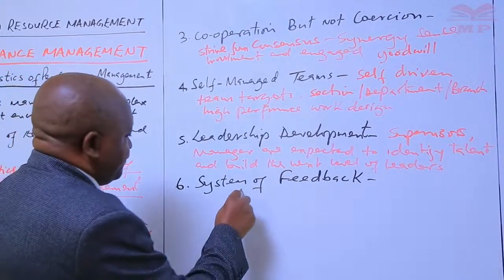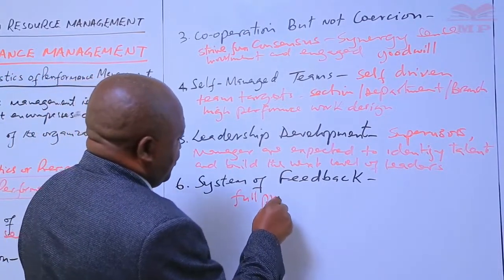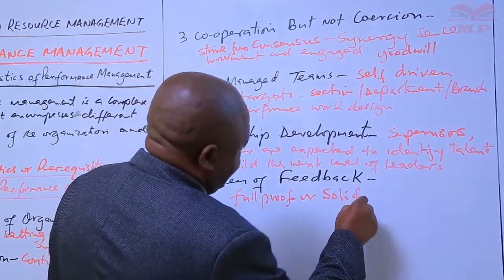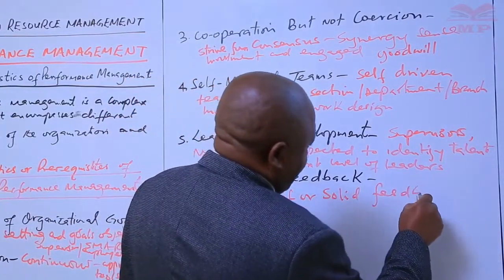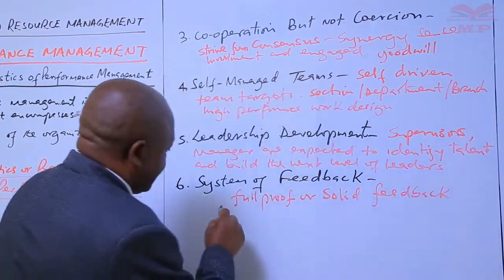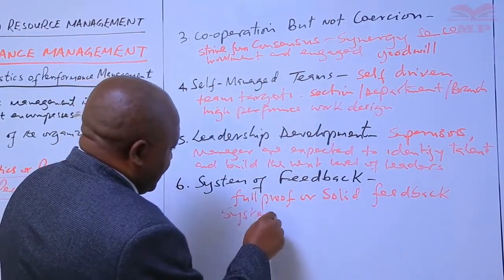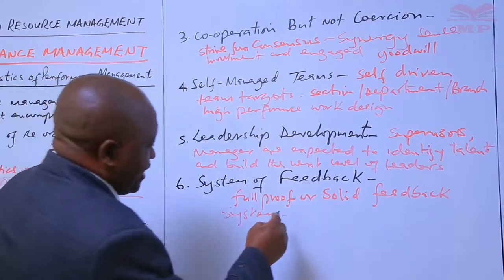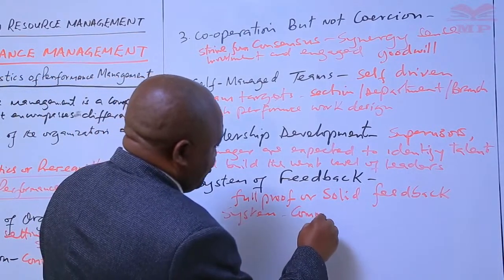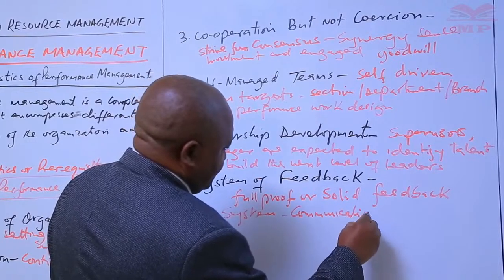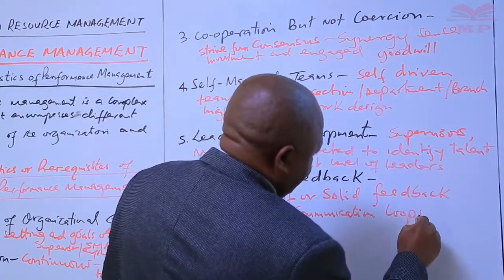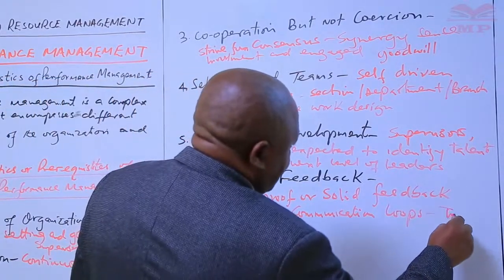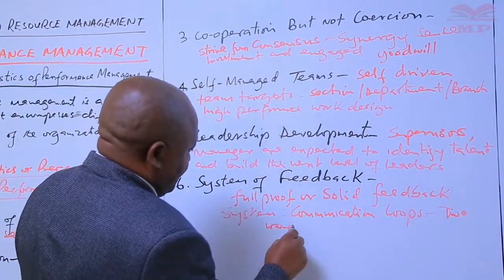A foolproof, or solid feedback system. So this system is meant to ensure that whenever communication is given, here you are supposed to have what you call communication loops, so that there is a two-way or a multiple approach, two-way system,